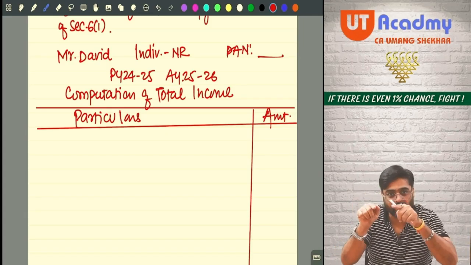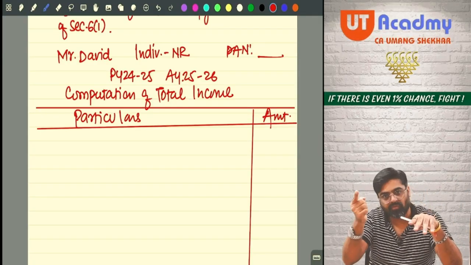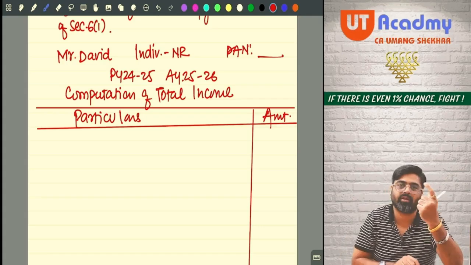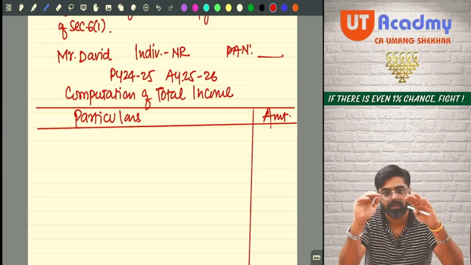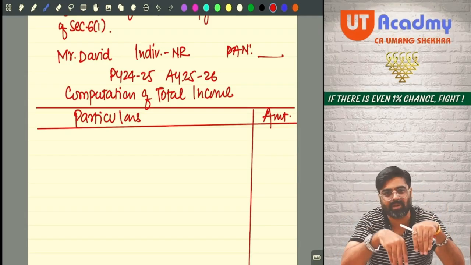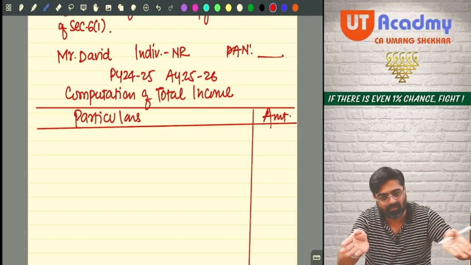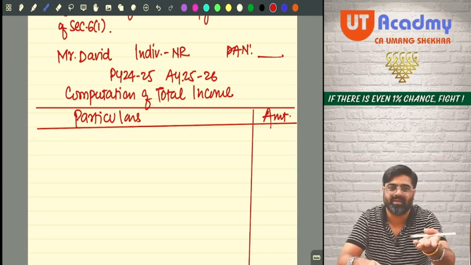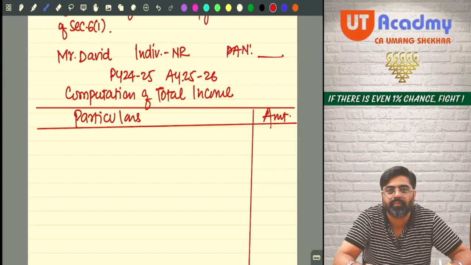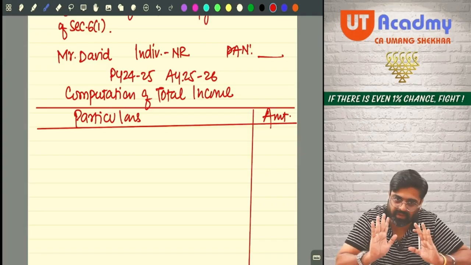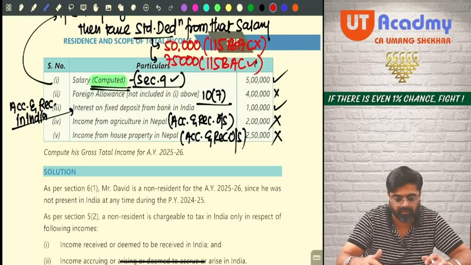Besides salary, you will write down computed, and then write down 5 lakhs. But if it was not computed, from 5 lakhs, give a standard deduction, either 50,000 or 75,000 as the case may be, which we have already seen. Sure? Next one, write down the fourth income, write down the logic, write down the fifth income, write down the logic, in the bracket itself. Now make a total, you will get the total income. See, the answer should be this easy, and that is how it should be presented. You will get full marks if you present like this. No need to do all such unnecessary things, everyone.